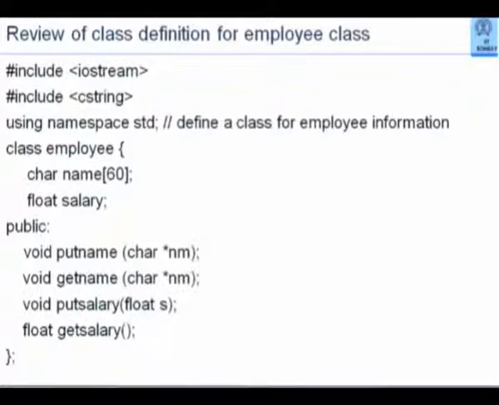The first part is the data elements. In this case, for example, when we say class employee, we notice that it has two data elements which are members of the class. One is a character string, so it is obviously the name of a person, and the second is salary, which is rightfully a fractional number possible, and therefore we call it float.